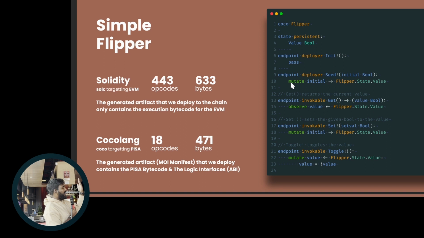The reason we can do 18 opcodes for the first part is because PISA is a register-based virtual machine, not stack-based. It takes, on average, a lot fewer opcodes to make something happen on a register-based virtual machine than a stack-based virtual machine, right? So an operation as simple as reading an input value to the function can take as many as 20 opcodes on the EVM, just one on PISA.